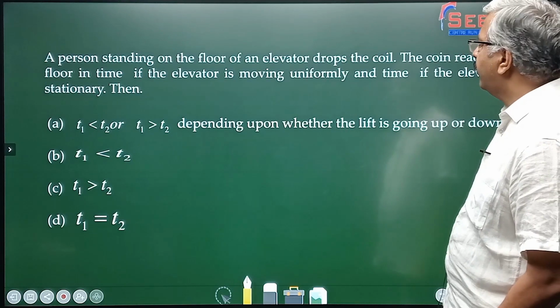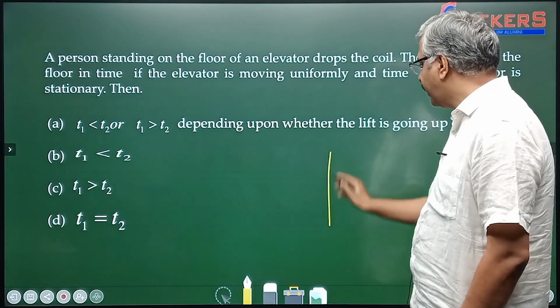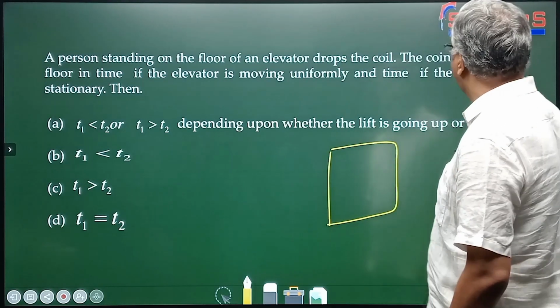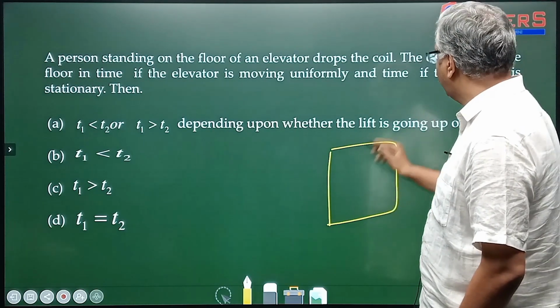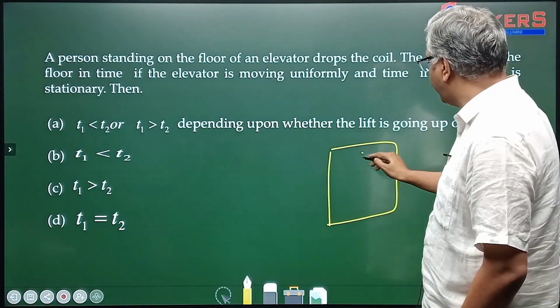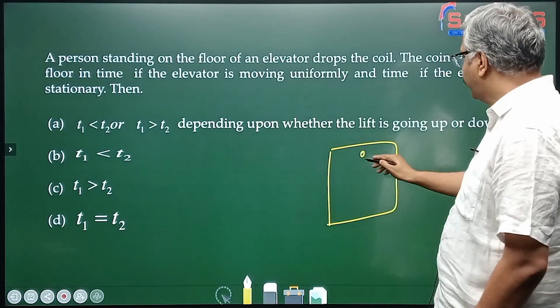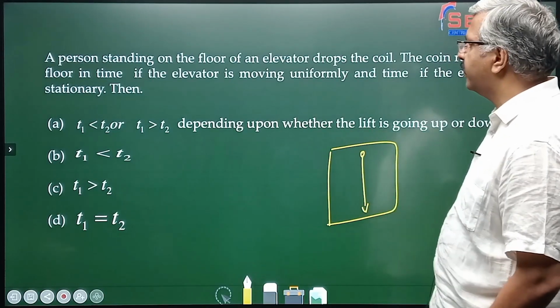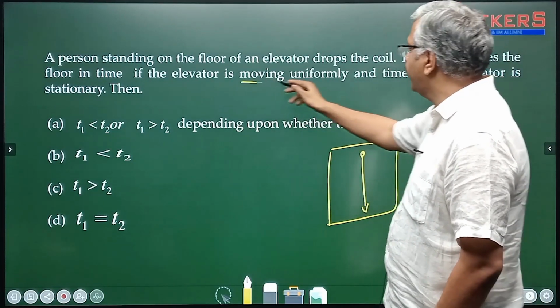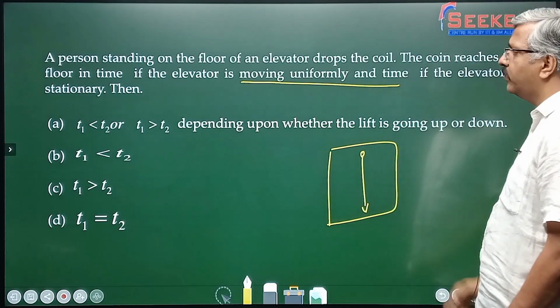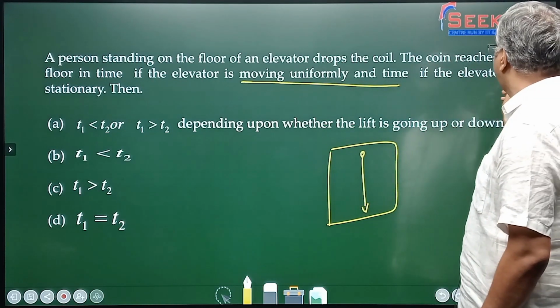A person standing on the floor of an elevator. What is an elevator? A lift. In the lift, there is a coin. So he drops a coin, from the top he'll drop a coin. So when he drops the coin, the coin will reach the surface. Now the elevator is moving with uniform velocity. So moving uniformly, and time if the,